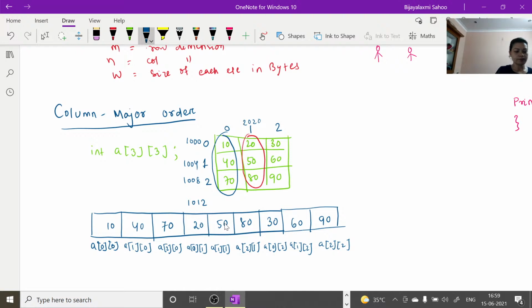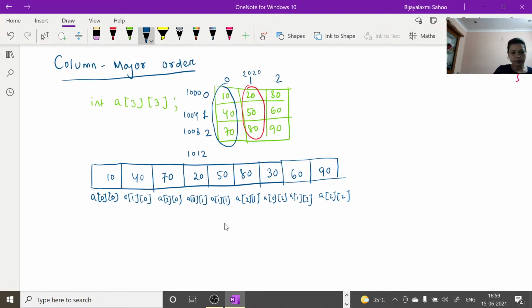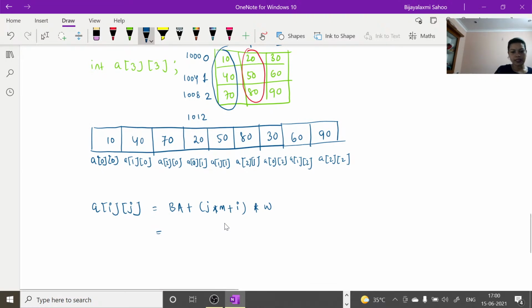Okay, fine. So how to find out the address? The location of A of i, j will be calculated as base address plus j into m, plus i into w. For example, if I am calculating the address of A11,